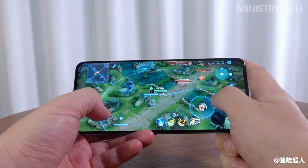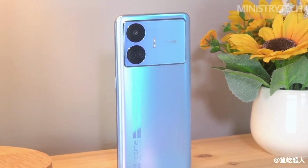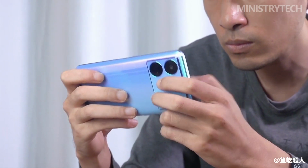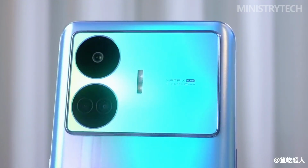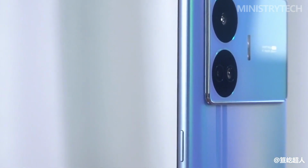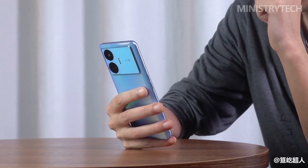As a product that focuses on trendy games, the appearance of the Realme GT Neo series has always been trendy, young and energetic, and the same is true of the Realme GT Neo 5 SE this time. The Final Fantasy color scheme that we hold is a return to the classics. As soon as I got it, the author was attracted by the bright luster on the back of it. The Final Fantasy color scheme is inspired by cyberpunk culture, and the theme is to present a confusing sense of